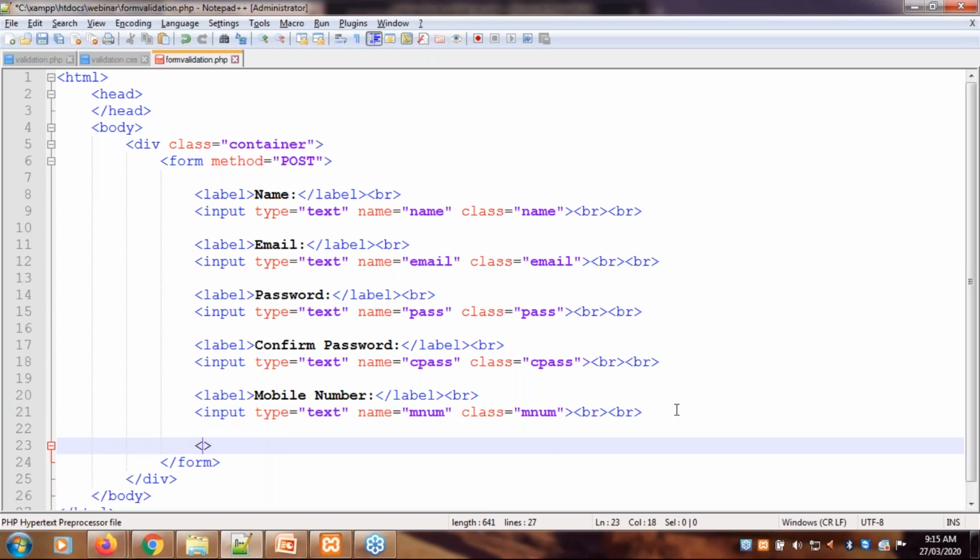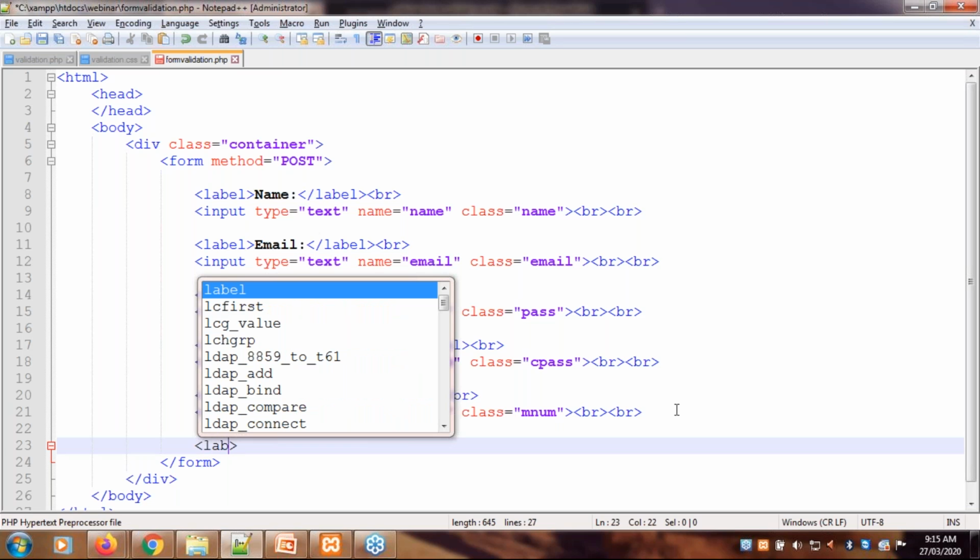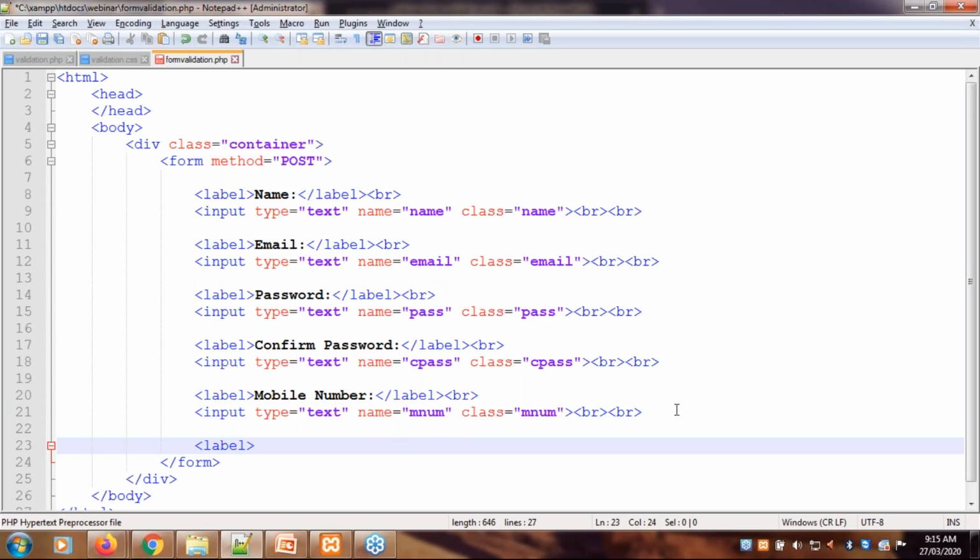The next input is a text area to write down the comments.